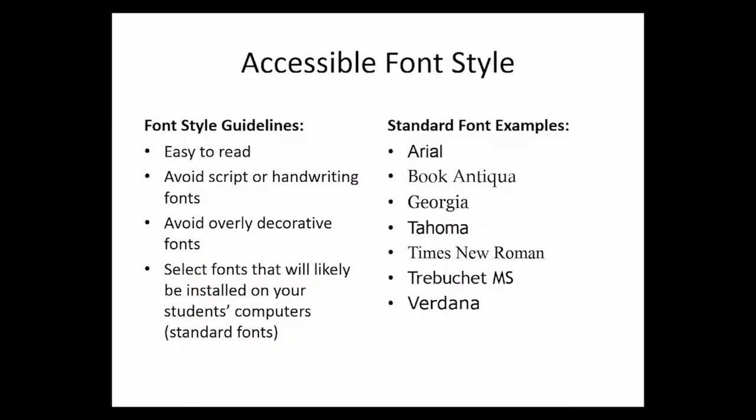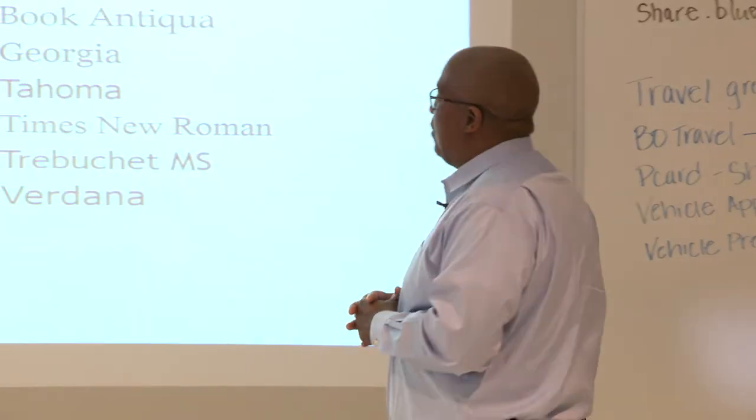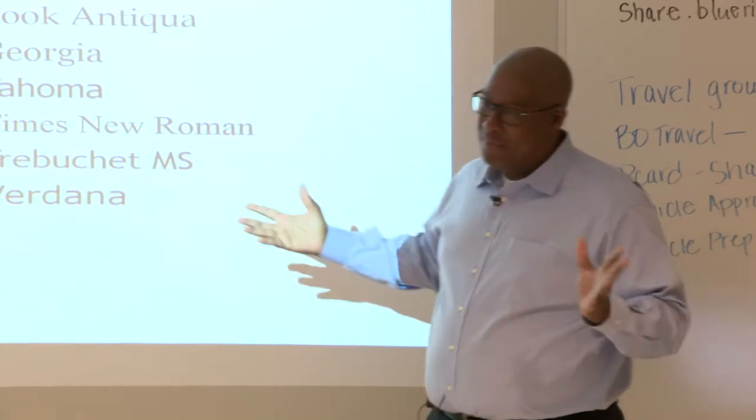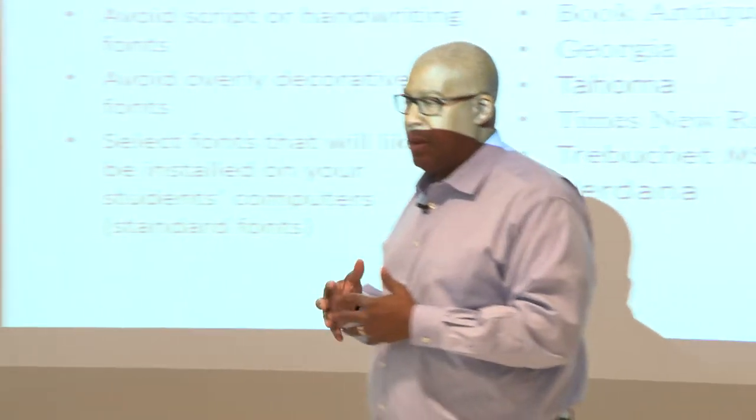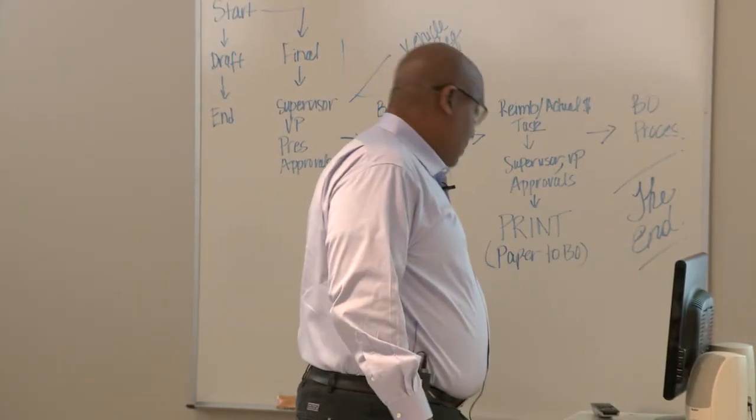So we want to pick fonts that are just easy to read, that aren't word art, that are just easy to read. Now, I could talk to you about serif fonts, sans serif fonts for hours and hours, but you don't have time for that and you'd be bored. But just pick things that look like normal typesetting. That's it. That's one of the first accessibility things you can do. Just pick things that look like normal typesetting.